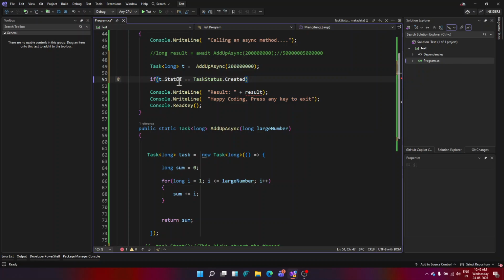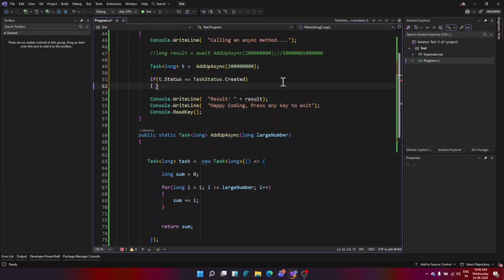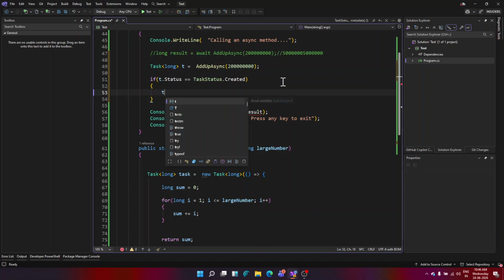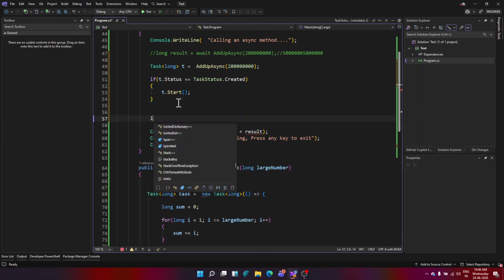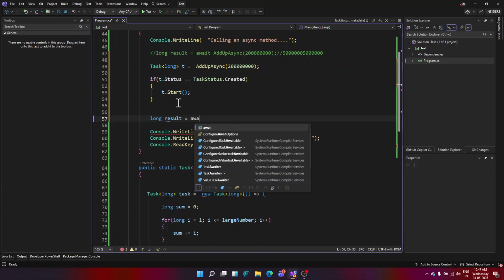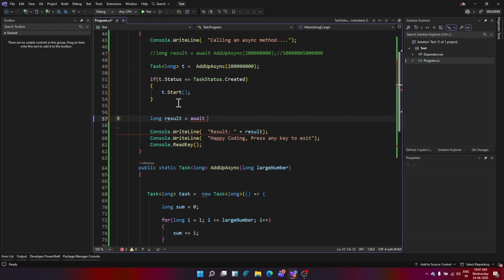So I say if it has just been created, sitting idle, not running, then kick start it. It just says Start, so it's a manual start. And once you start, you can surely await on it: long result equals await on the task t.